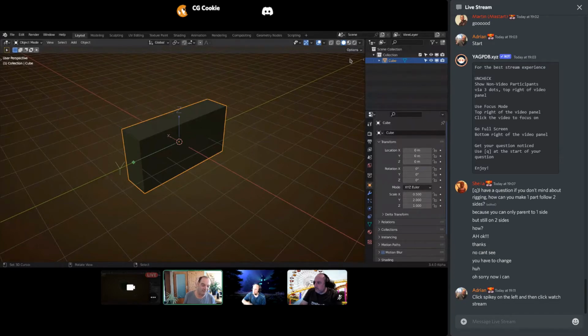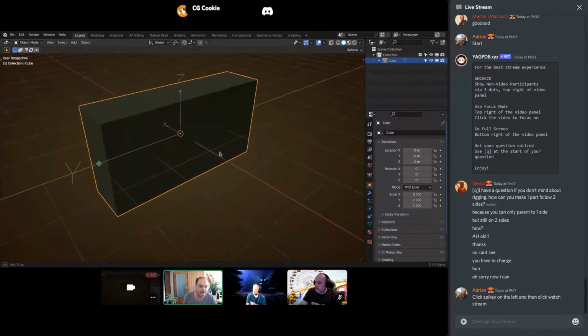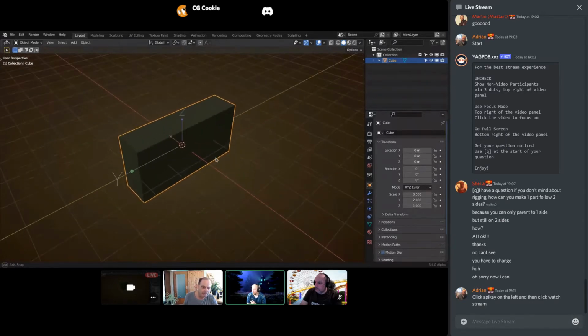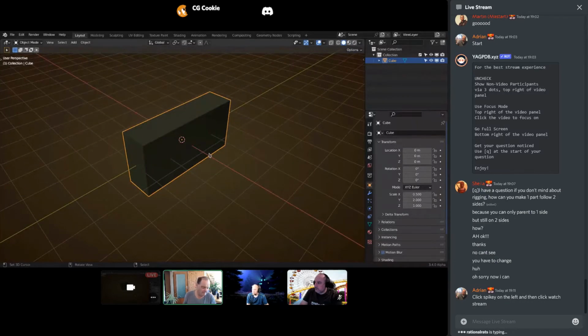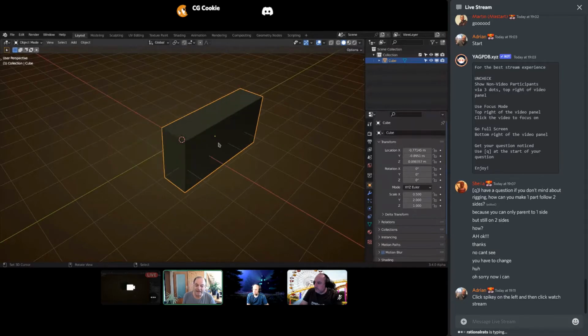I like that they do it this way. They call this origin, but they visualize not only the origin, which is this dot, but they visualize also the axes, the coordinate system, which is really cool. Yeah, that's cool. I didn't know that one. And as you can see, if you display the local origin, it changes. So if you don't have this on, you see, okay, the origin is that point in the middle, the dot, and yeah, okay. But actually,